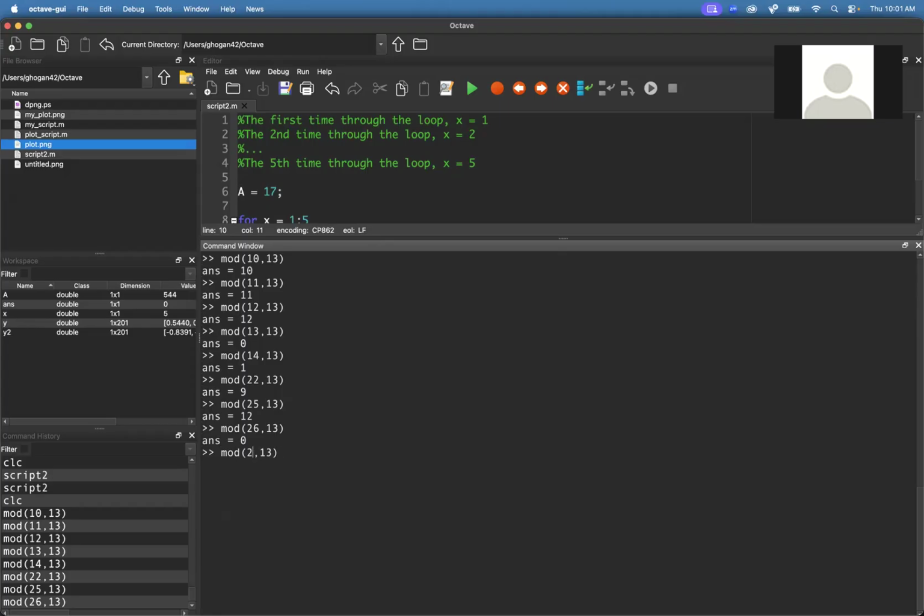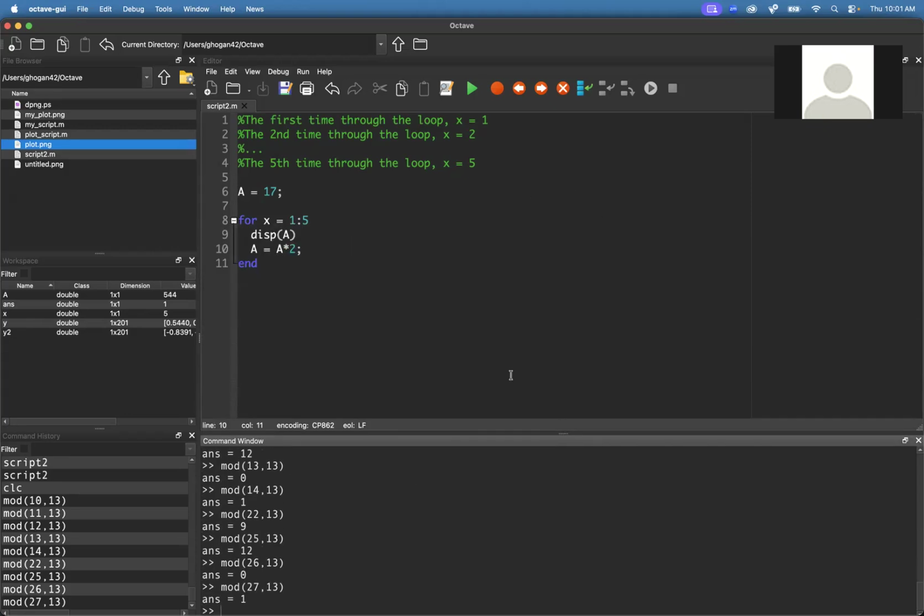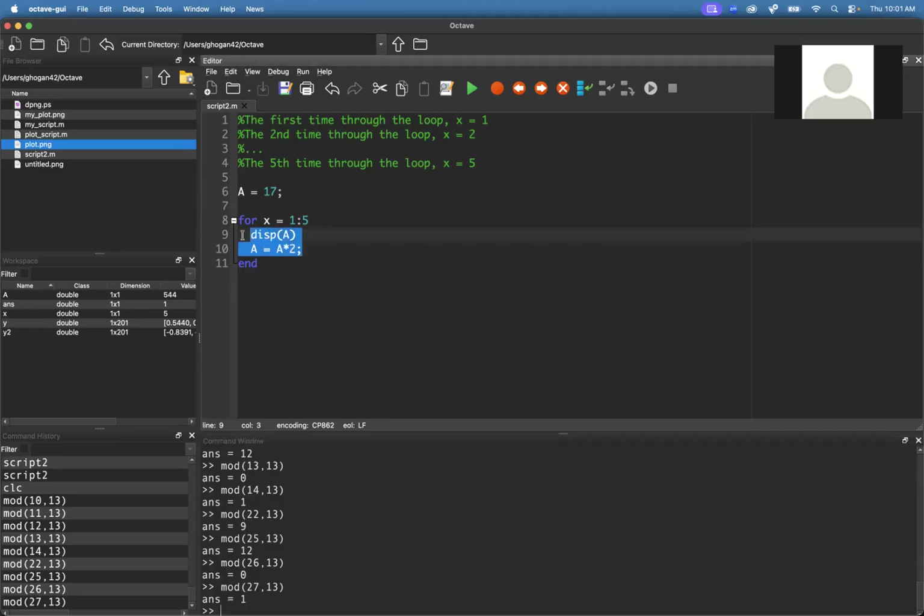If I keep going, right, now we're back to a remainder of 1. So you can just check any number to see if the number is divisible by 13. Now, I guess we're kind of doing this out of order here, unfortunately, because we haven't talked about an if statement yet. But if we try to do this,